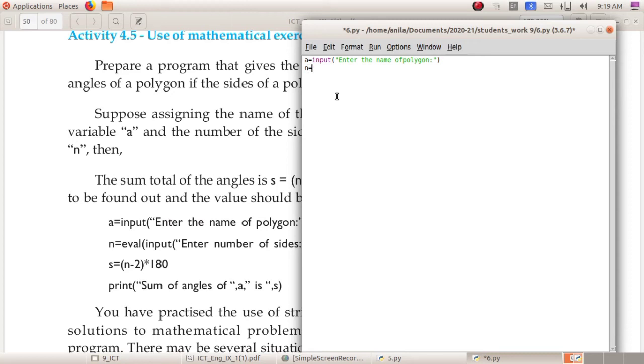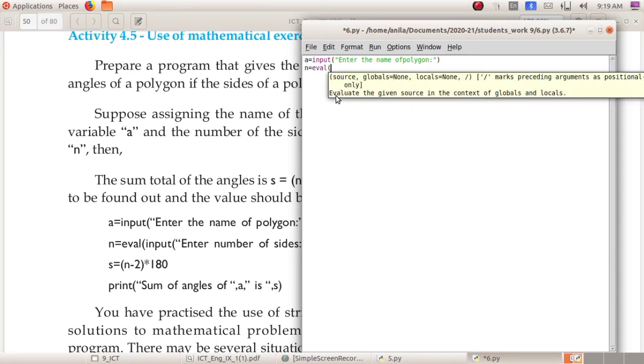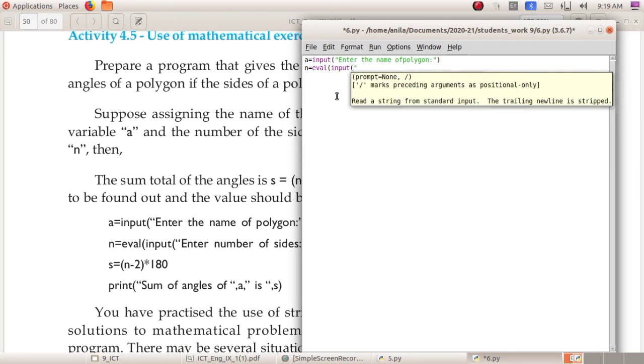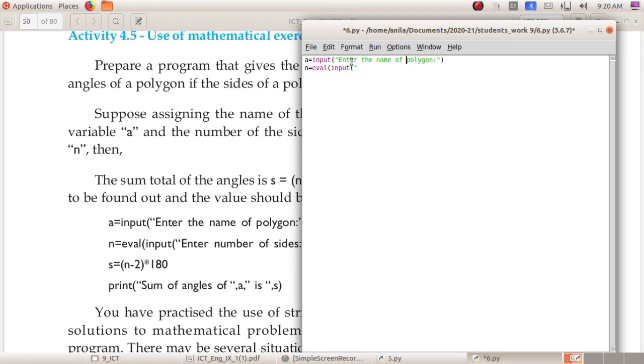So N equal to evaluate of input of. Since it is a digit, that's why we are giving evaluate of input of. In the first line you don't want to get the digit, so we can directly give input of. Here we want to save the input as a digit. So evaluate of input of, enter the number of sides, then put a colon and close the bracket.